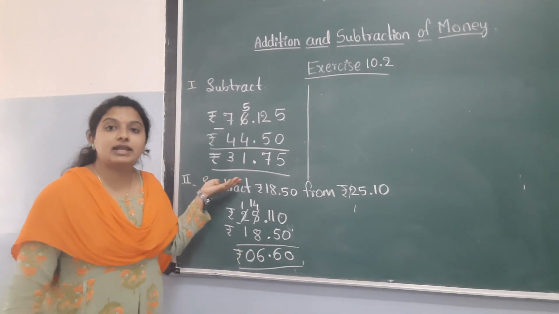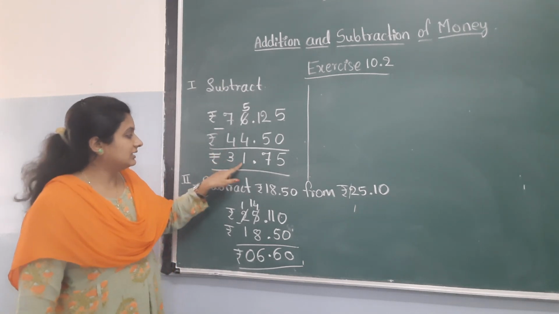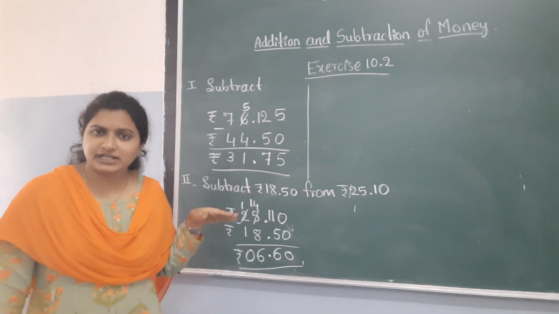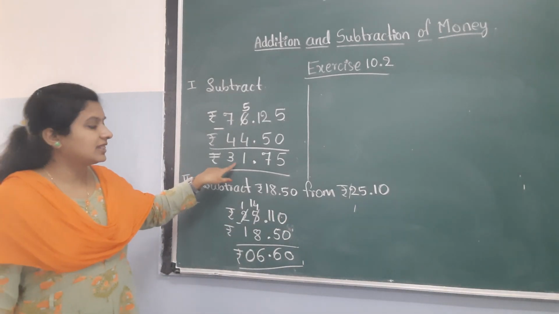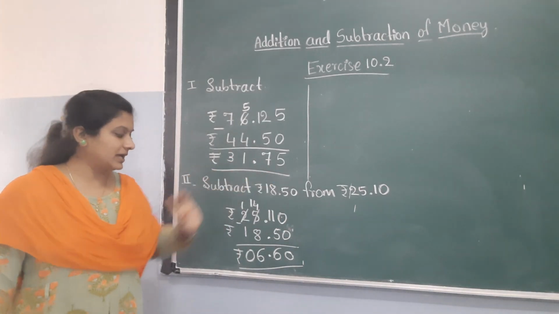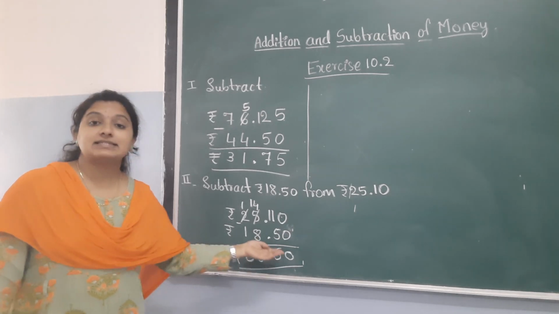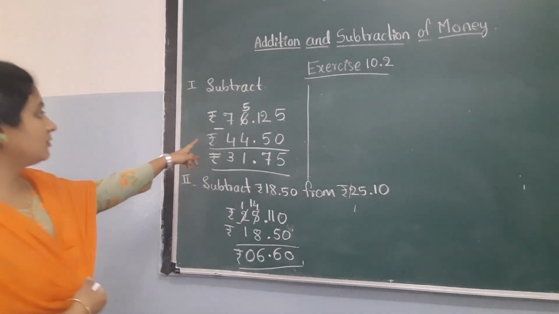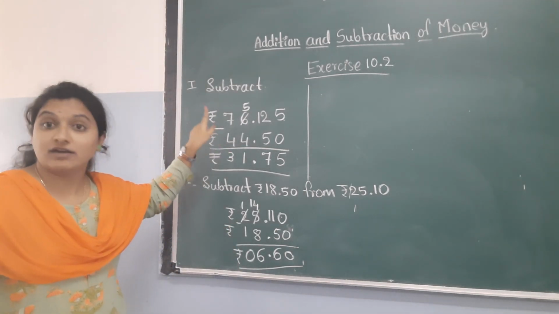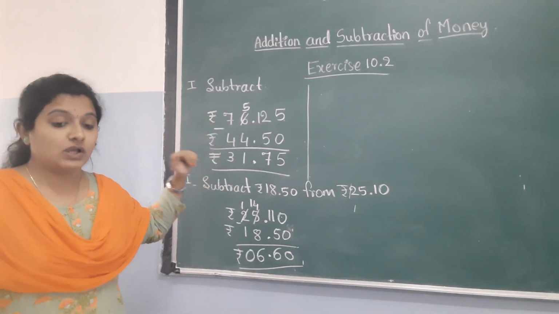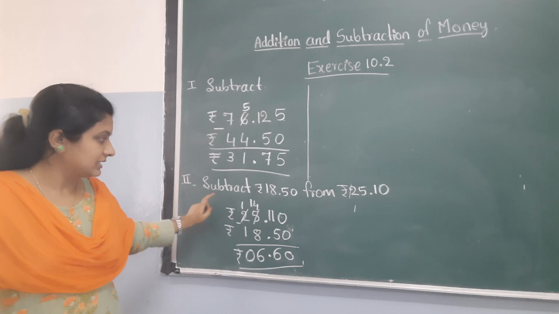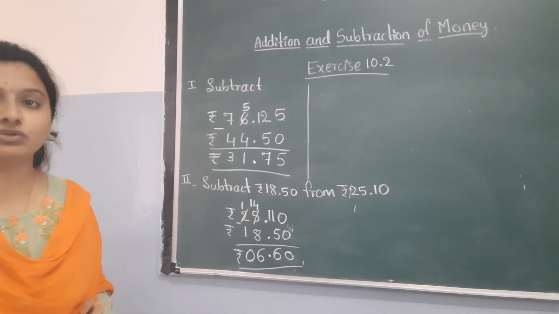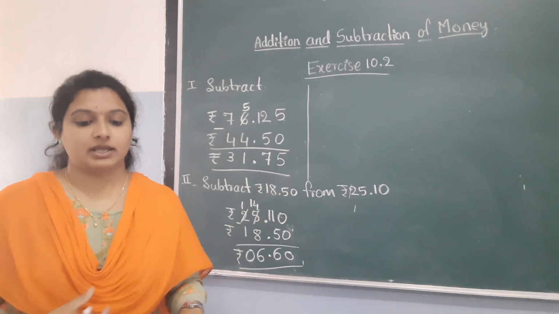See here, children, how to read rupees and paise. See here, 31 rupees 75 paise. Repeat children. 31 rupees 75 paise. Same here also, 6 rupees 60 paise. Understood? So here in the first main, one more question is there along with this sum. You have to do that. I will not do that. And here the second question, this is C question. In second main, this is C question. One more D is there. You have to do that. Understood? Okay.